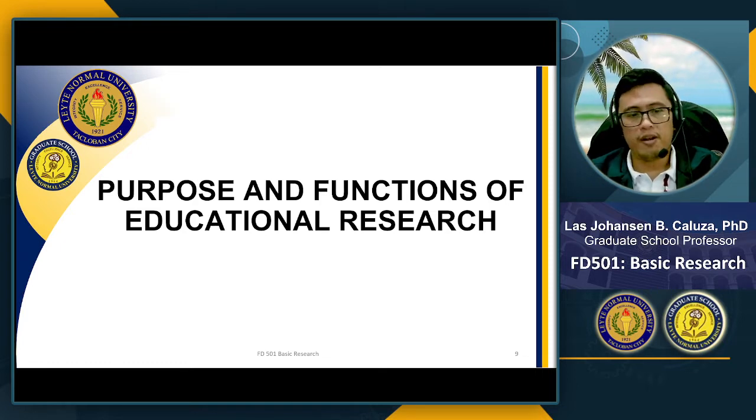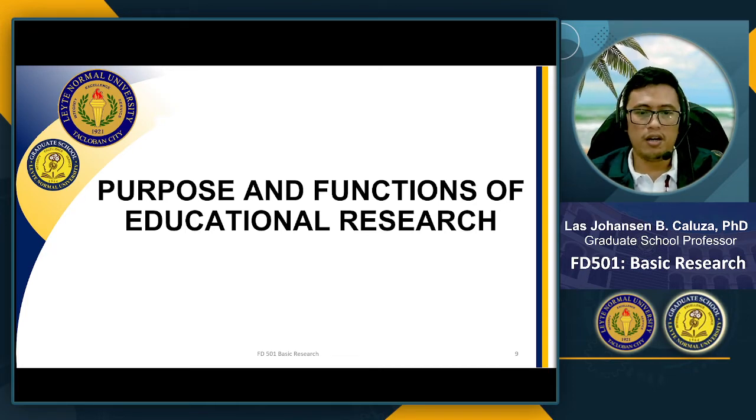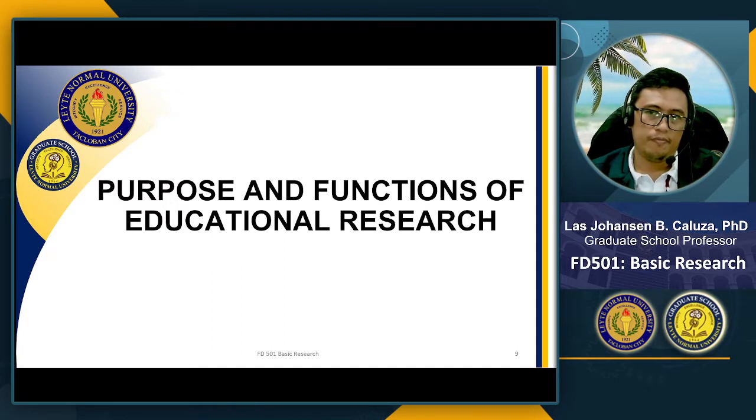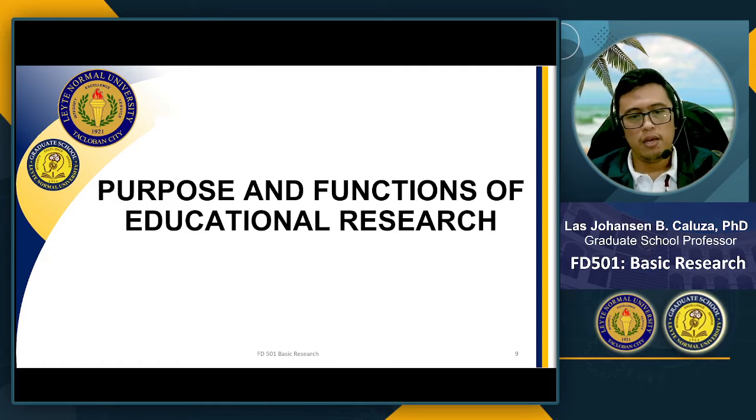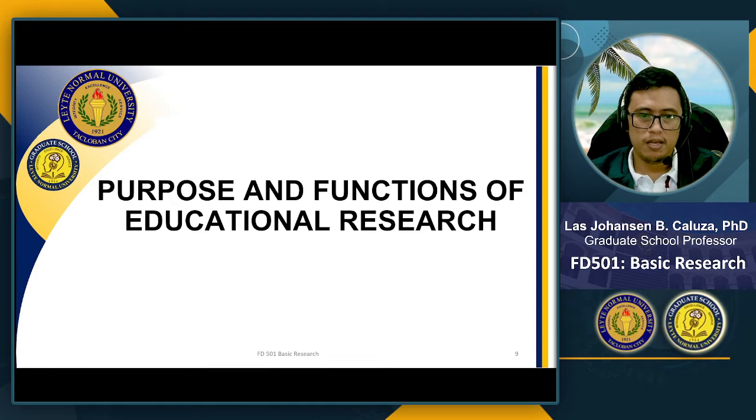Let's say, for example, from weather forecasts to the discovery of antibiotics, researchers are constantly trying to find new ways to understand the world and how things work, with the ultimate goal of improving our lives. Now, the purpose of research is therefore to find out what is known and what is not known and what can be developed further. In this way, scientists can develop new theories, ideas, and products that shape our society and